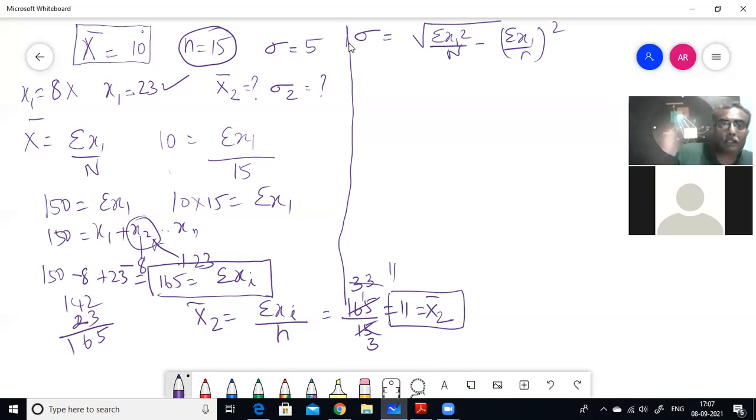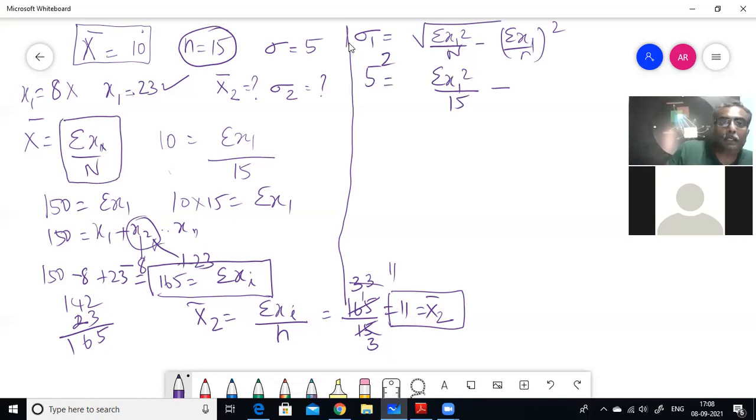Sigma xi by n is the mean. Now the old sigma was 5. Square both sides: 5 squared is equal to sigma xi squared by 15 minus